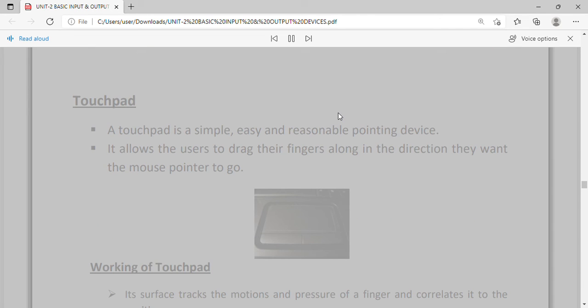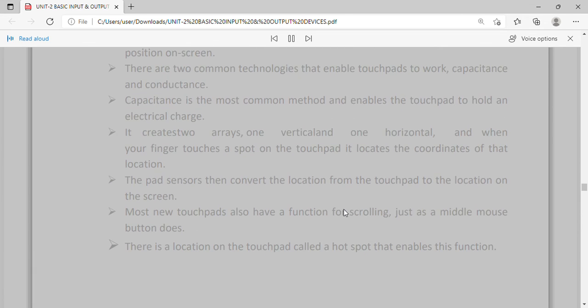Touchpad. A touchpad is a simple, easy, and reasonable pointing device. It allows the users to drag their fingers along in the direction they want the mouse pointer to go. Working of touchpad. Its surface tracks the motions and pressure of a finger and correlates it to the position on screen.